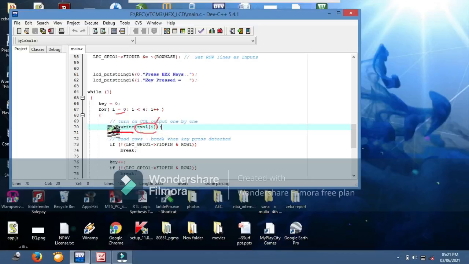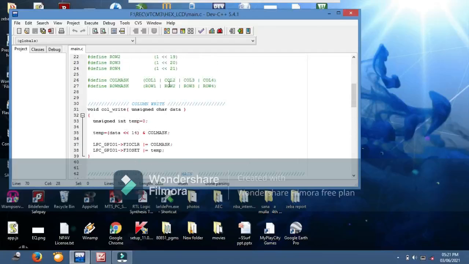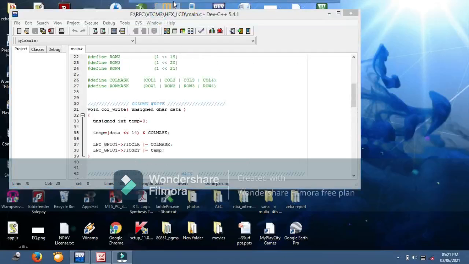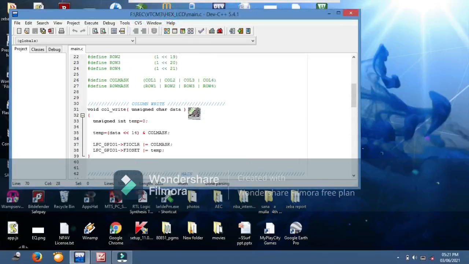We send 7 to the function column write. What is the function column write? The column write function writes to the column, right? What we need to write to the column initially? 0111 means column 4 is 0 and all other columns are 1, so we send rval, which is 7, to the column write function.